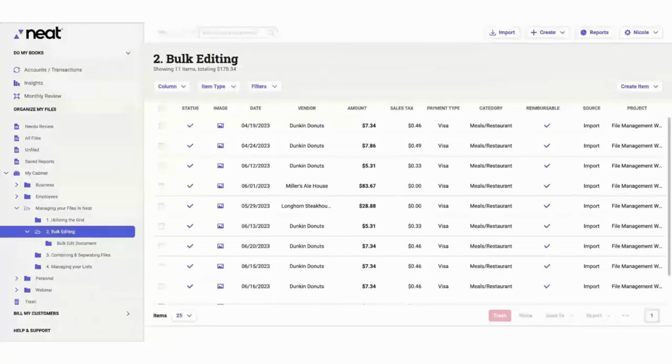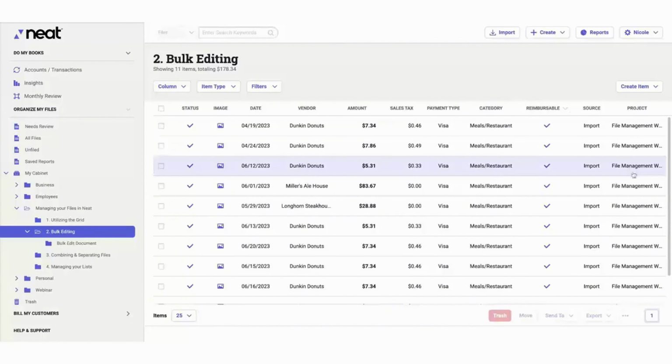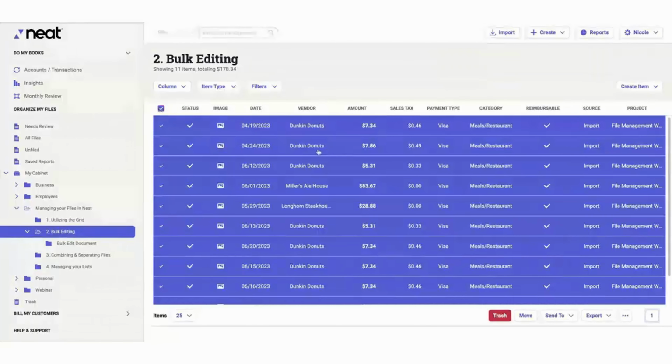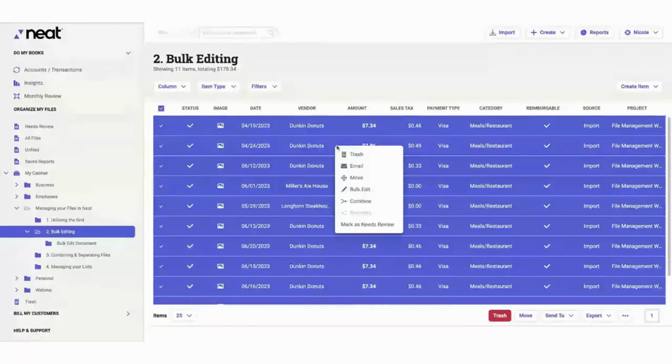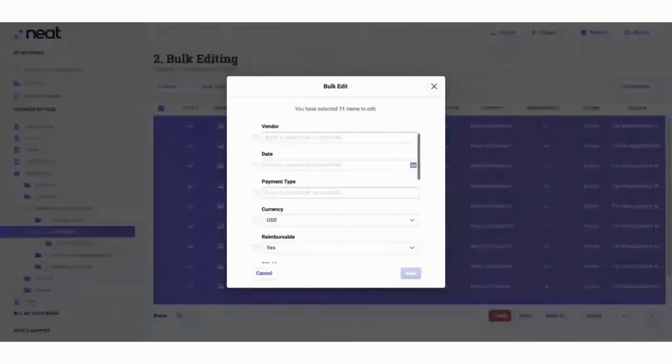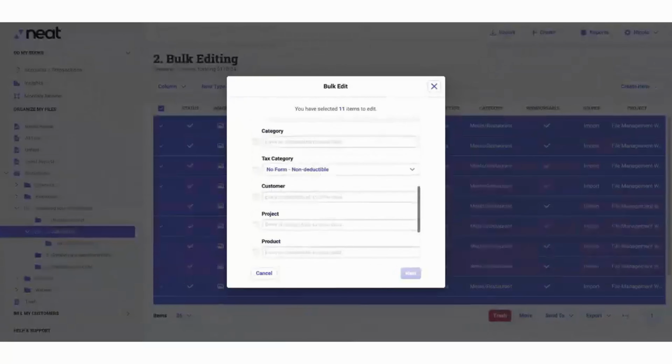Another way that you can use the bulk editing tool is to actually remove categories or categorizations from your files as well. Let's say, for example, I wanted to remove the file management project from all of these files, and I wanted to leave it blank. To do that, I can select all of the files that I want to bulk edit, right-click and choose bulk edit. I'm going to scroll down to the project field,